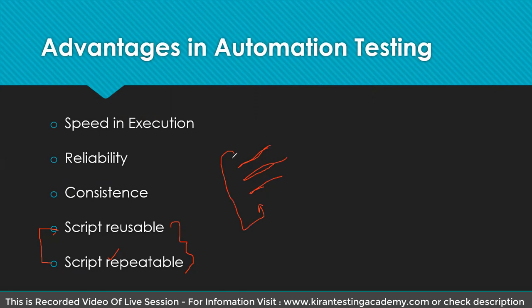This is Java or Python or whatever. Write some loop statement and ask your script to execute it in a loop. Now if I write a loop of 100, then these 3 lines will be executed 100 times. It will execute this line, this line, this line, then go back and execute them again, again and again. Once it reaches 100, it will stop. Means we are repeating the same lines of statements multiple times depending on our requirement. That is repeatability. Reusability means using the same script multiple times.